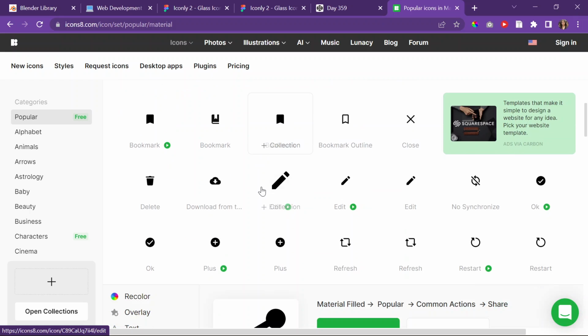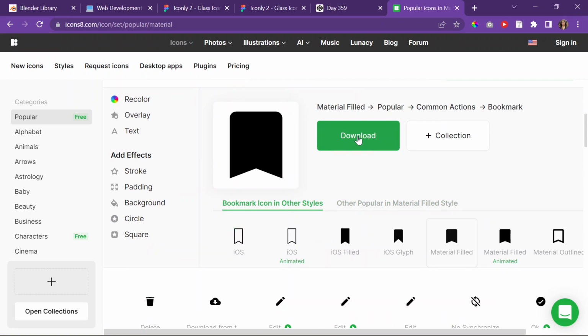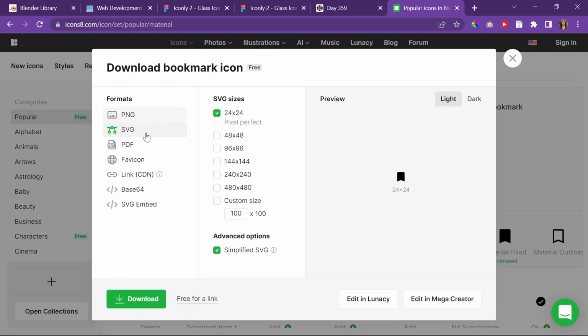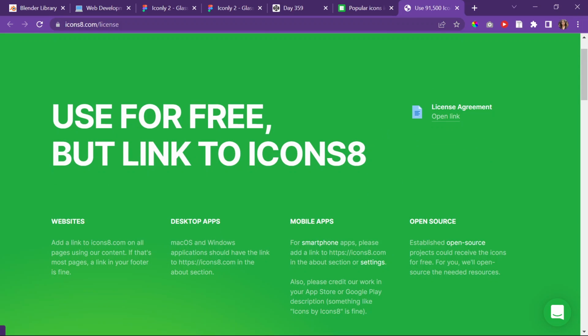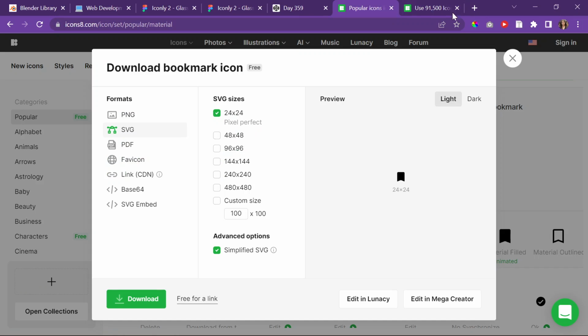And then I'll do something like maybe a bookmark. Okay, and then I'll download SVG. Yes. Oh, does it say free? Wait, did they say? There's no way. Are you serious? I could have done that in the other one. Are you serious? Great. This is great. Okay, SVG,